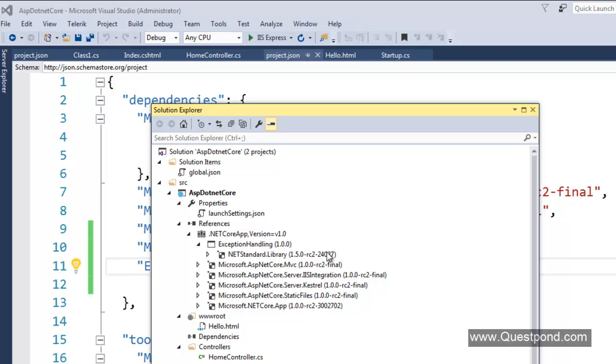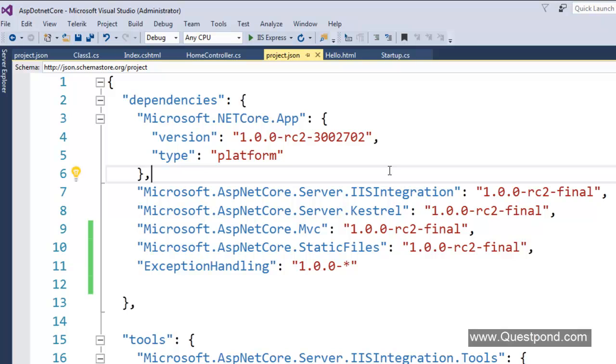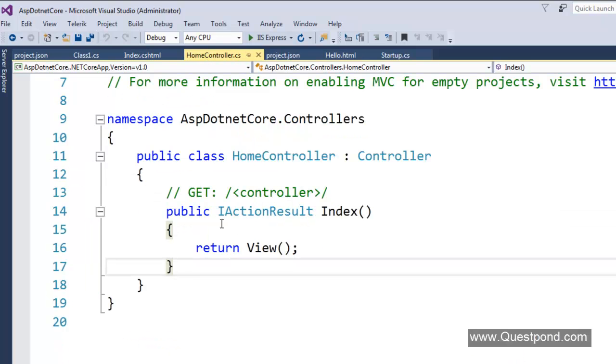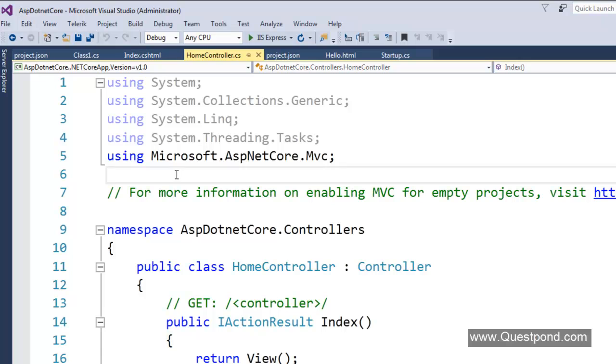In this project, in this ASP.NET Core, now I have multiple frameworks. I have some frameworks which are using 1.0 RC2 core, someone is using 1.50, and everything is working well, right? So basically your application can have multiple .NET frameworks if you wish. Okay, so good. So now if I want to go and use this exception handling class over here, I can just say here using